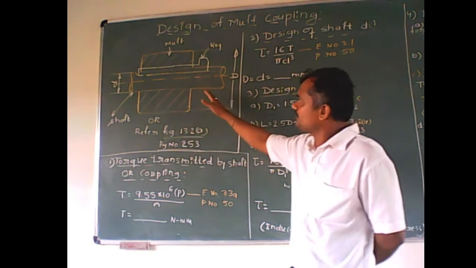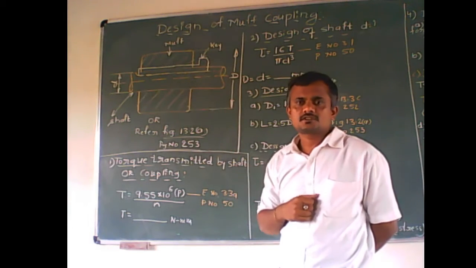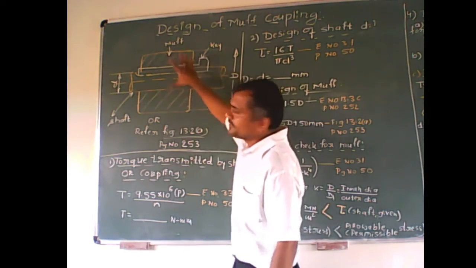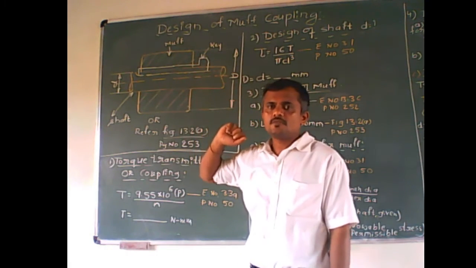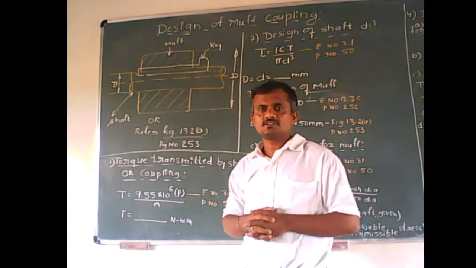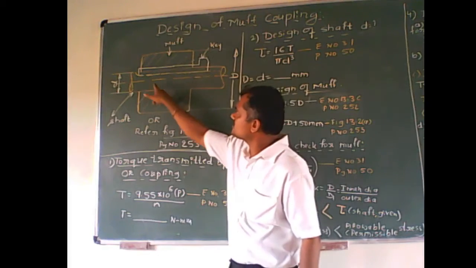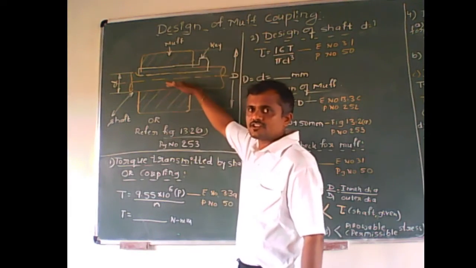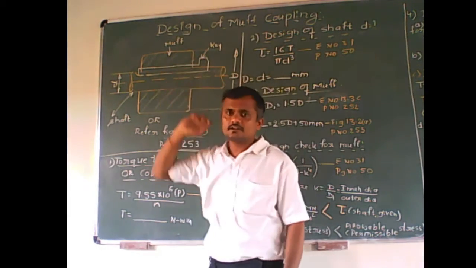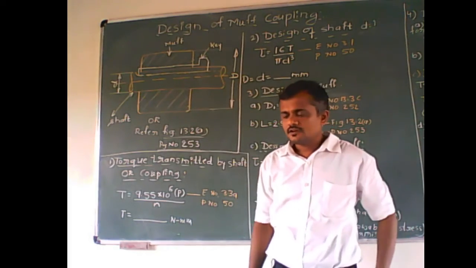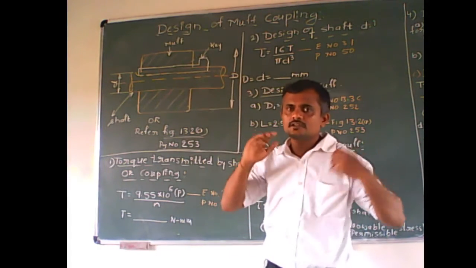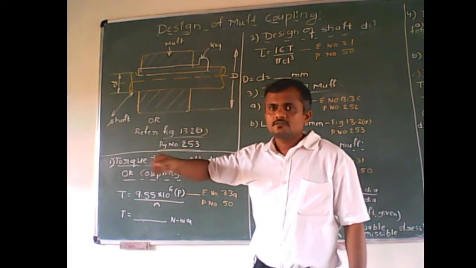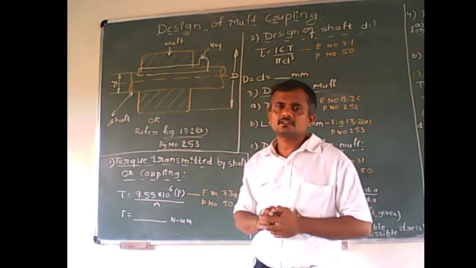In this I have roughly drawn this sketch by referring to one of the standard textbooks like R.S. Khurmi. This is a muff, which is used for holding the shaft rigidly. As you know, this is a sketch of a shaft. Afterwards, in between the body of the muff and the shaft, a key is inserted. You have seen the types of keys in the classification of keys. It is also one of the sunk type keys, which we can use for ejecting or inserting the key inside the muff and shaft.